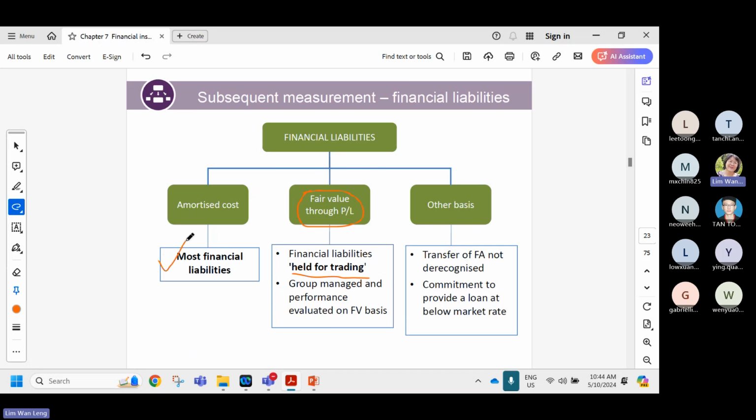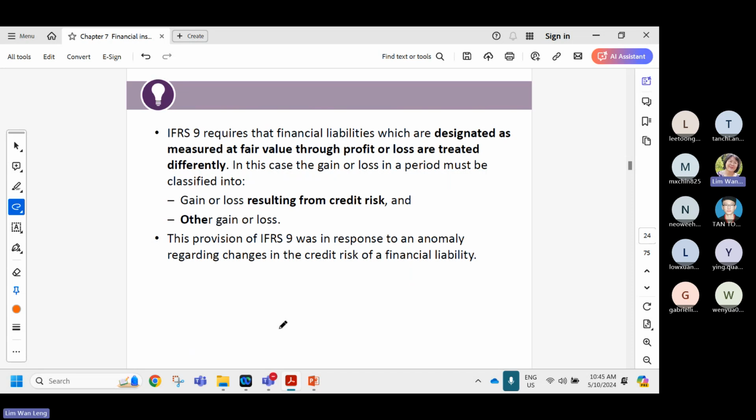So just now you have seen bonds and all those; usually they are at amortized cost because they fulfill the business model test and the cash flow characteristics test. Then all other bases, this one usually we don't have. All right. Then, of course, sometimes we may find that certain financial liabilities are designated as fair value